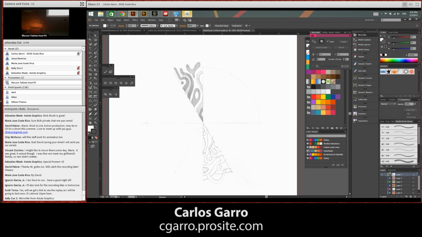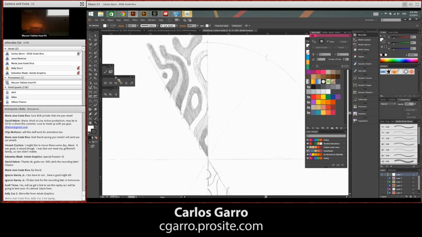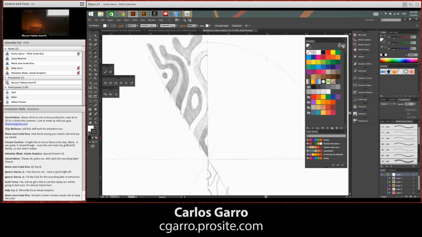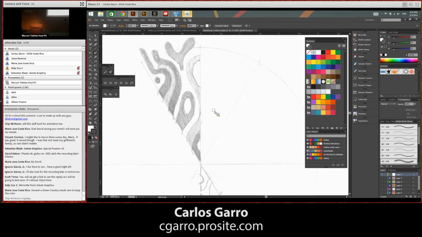I have my layer selected. Let me zoom right here. I choose the blob brush and I make a couple of color themes directly in Adobe Color. So I can use this to paint and make a freeform pattern, for example. So I grab my blob brush, I select one of these colors,